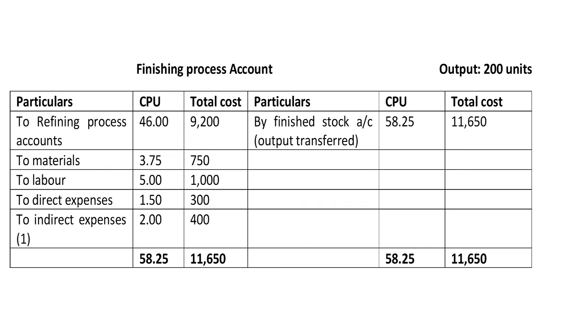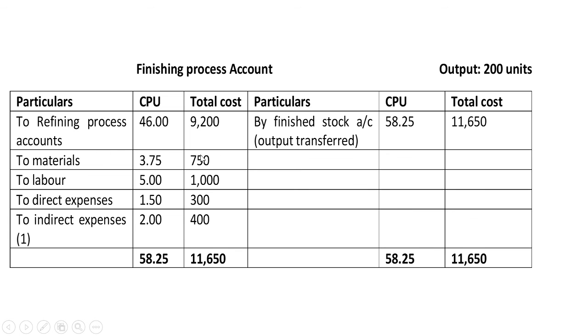Then if you go for the next process, it is finishing process account. Under finishing process account, same output we are going to take here, that is output 200 units, and we have brought down the balance of the previous account, that is the refining process account. We have taken down the values,